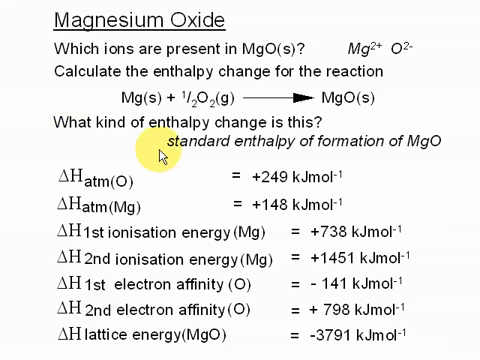And this is the standard enthalpy of formation of magnesium oxide, because you're starting from the elements and you're ending up with the compound. So the data which would be given in the question would be the atomization energy of